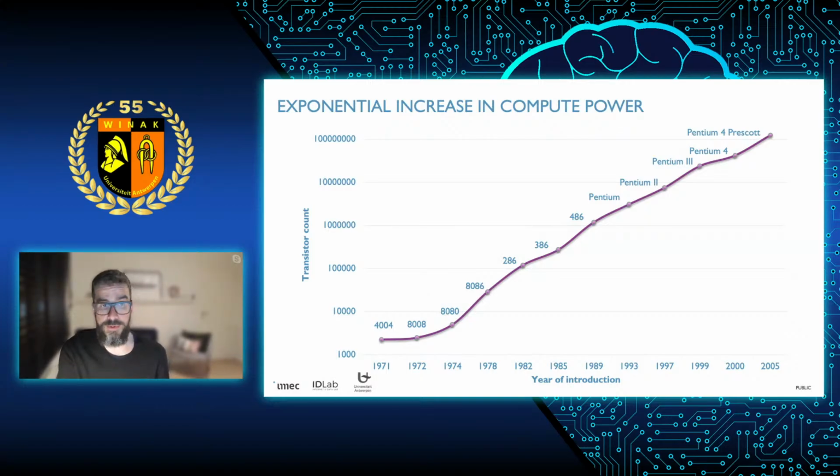That exponential increase in compute power has resulted in a lot of advantages for deep learning. Things that were not possible 20 years ago are suddenly unbelievably easy to do. When I was still a PhD student, I knew that when I needed to train a neural network, it took me about 6-7 days to train something really complex. It was complex for me. Now you would do this in 10 minutes without any problem. So that's one reason why deep learning has become so popular.